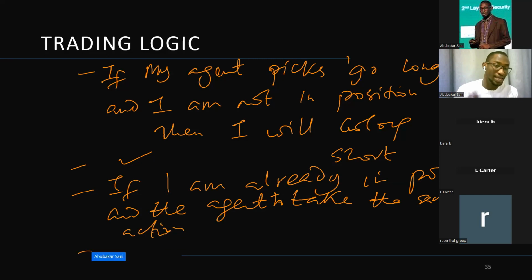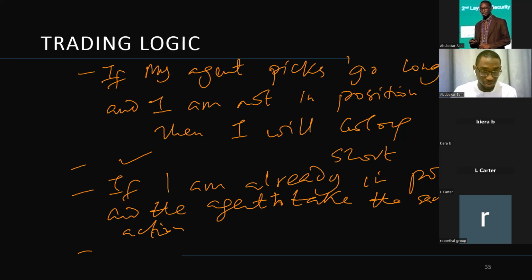However, if he tells me to take the opposite action, I bought Tesla based on his recommendation in the previous time frame. Now, in the new time frame, the agent tells me, sell Tesla. I will sit and say, all right, that means the agent has reversed his decision, meaning things are not looking good anymore.